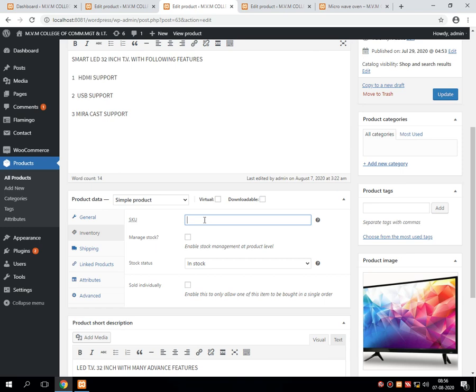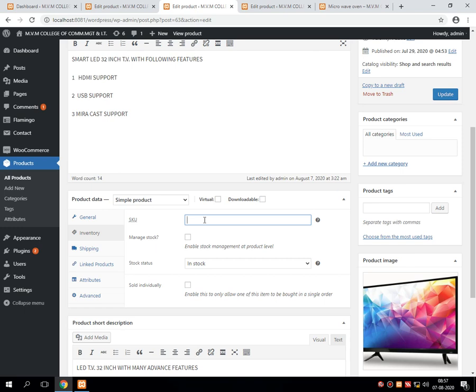purchased from the company and kept for selling purpose. As the order comes from the buyer, one by one, the LED 32-inch TV gets sold and the quantity is deducted from the total quantity, which is called managing stock.